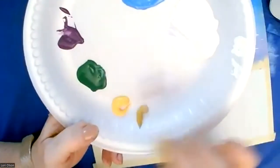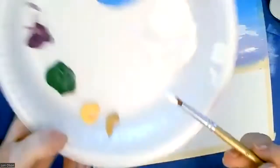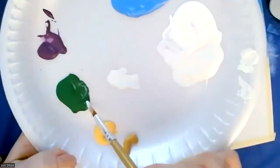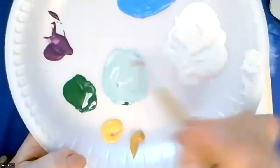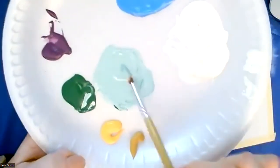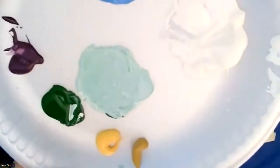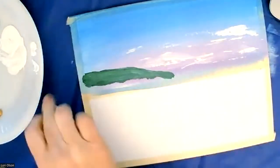Now we also want to have a little light green spot. So I'm going to take some white with my round brush, give myself a little spot of white there, and add a little bit of green to it. I want to get a light green. So you have a light green, a dark yellow, and a yellow ochre. Wash the brush you used for mixing your light green and set it aside. And now using your sponge,